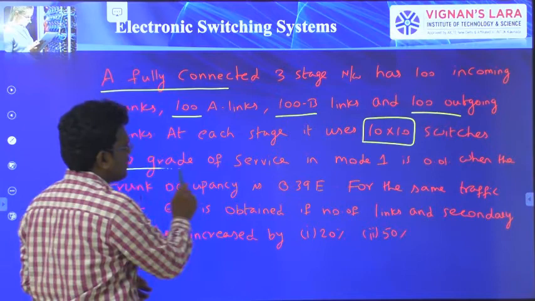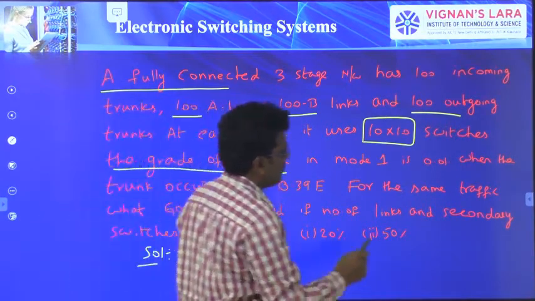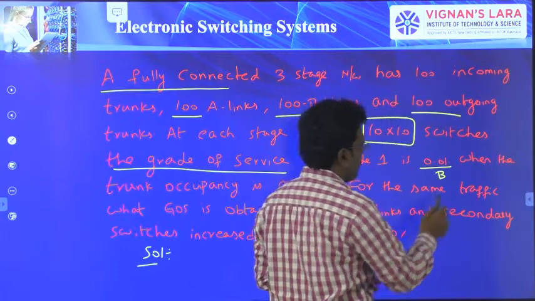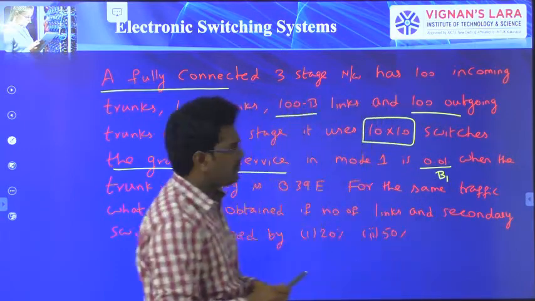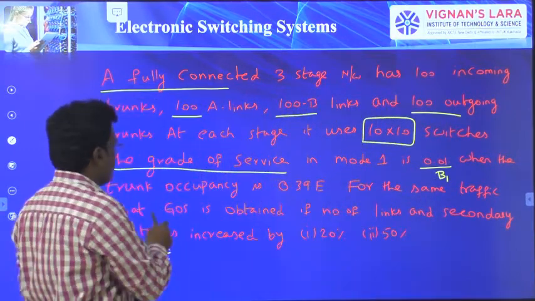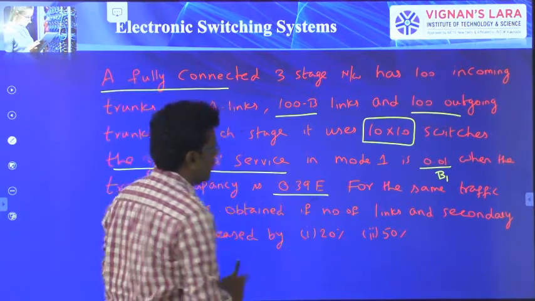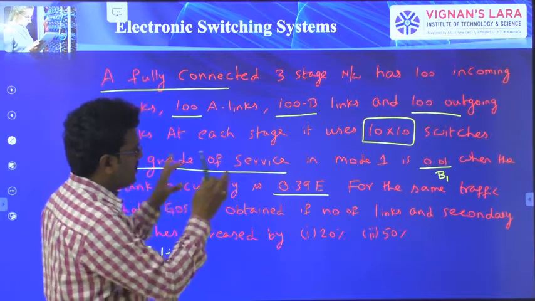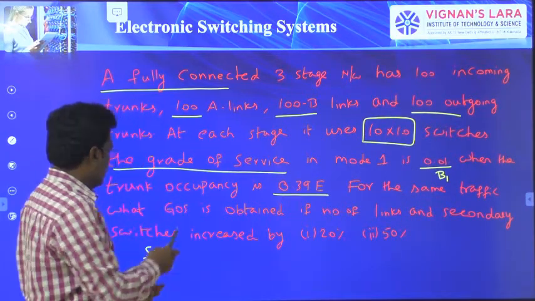And the grade of service in mode 1 is 0.01. So they gave this as 0.01, that is B1 is 0.01, when the trunk occupancy is 0.39. Okay. So what they are trying to ask here is, for the same traffic we have to find out the